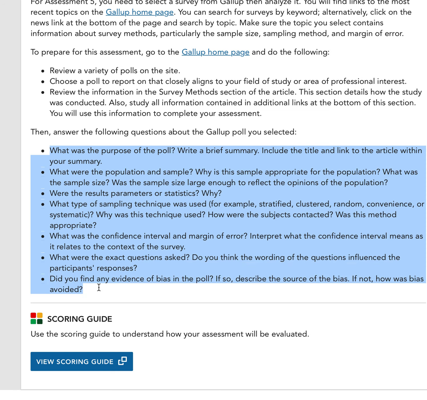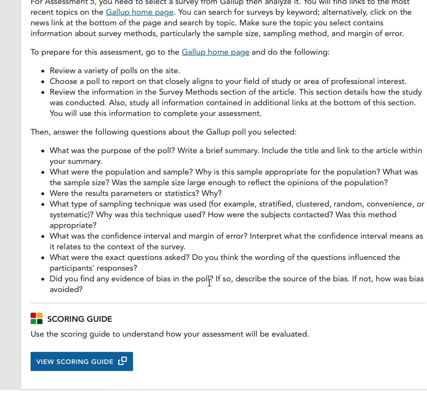Now, as you're answering the questions, you want to make sure that you really explain yourself. So I don't want to see "it's a statistic" with no explanation. You need to tell me why. It doesn't have to be a huge paragraph, but you need to give a little bit of background for why you're saying it. Also, as you're evaluating bias,